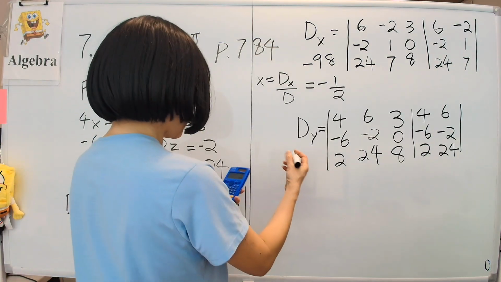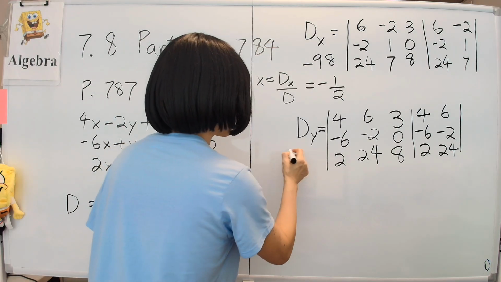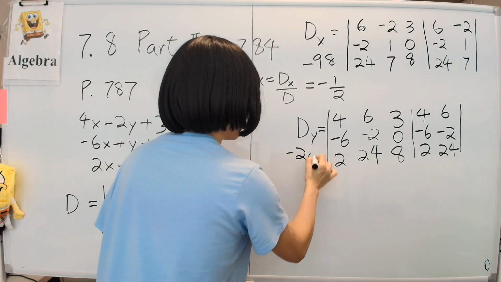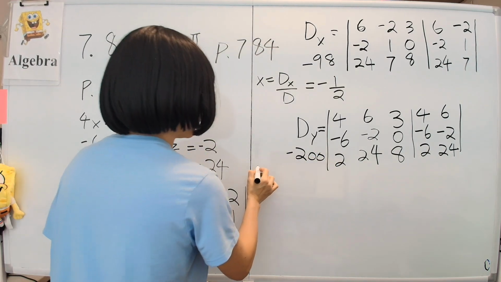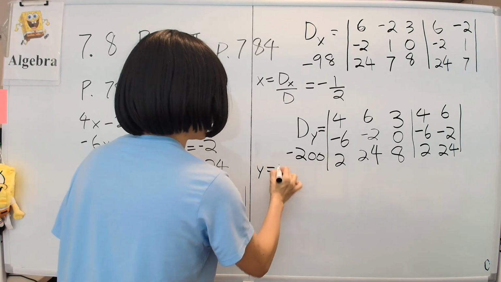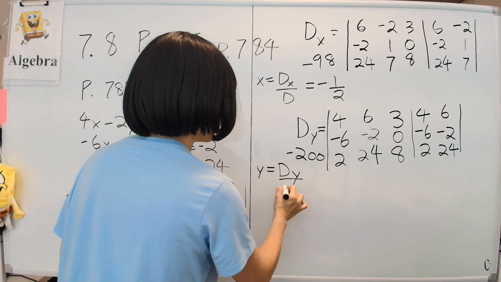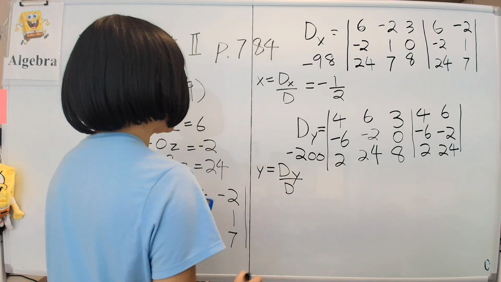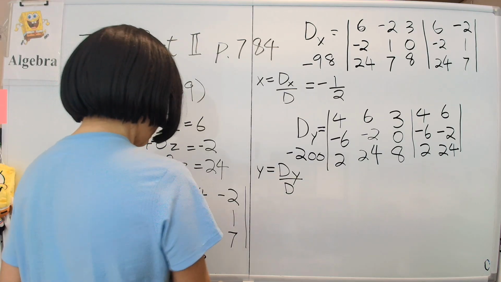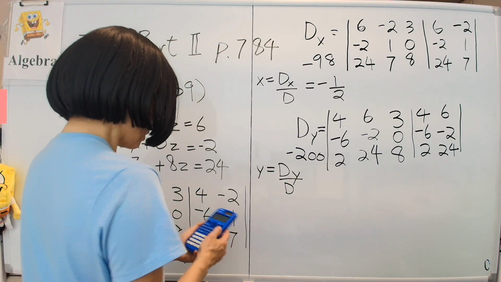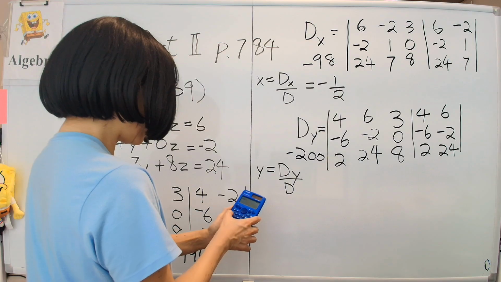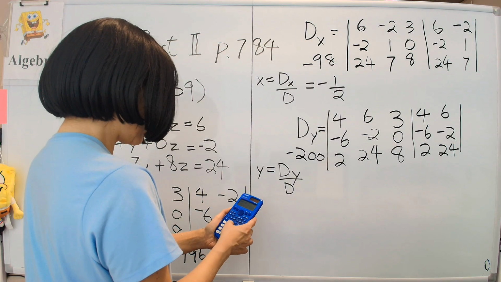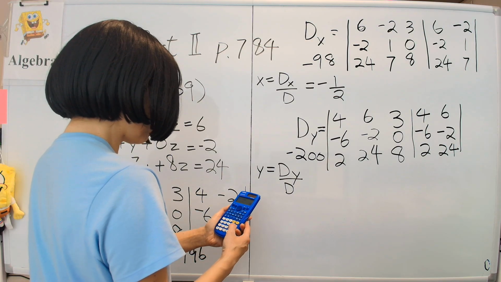So dy equals minus 200, negative 200, which means y would be equal to dy divided by d, according to Cramer's rule. We'll figure out what that is. That divided by negative 196 equals,